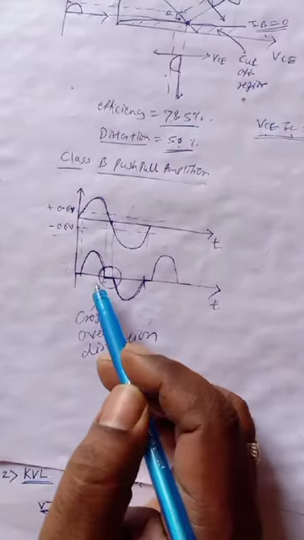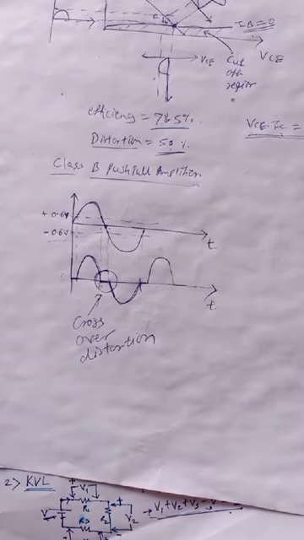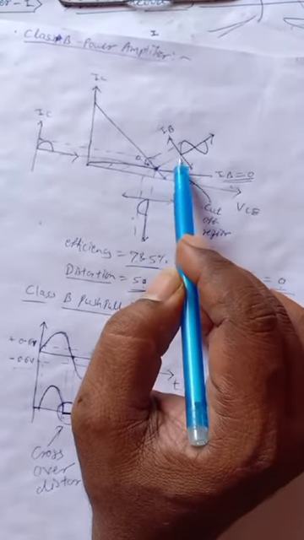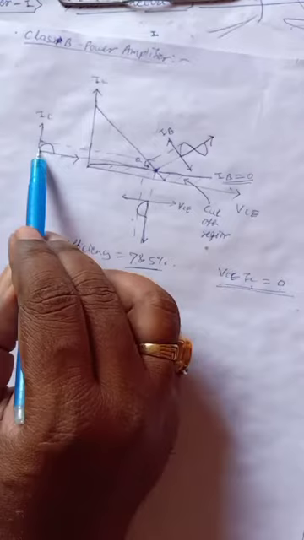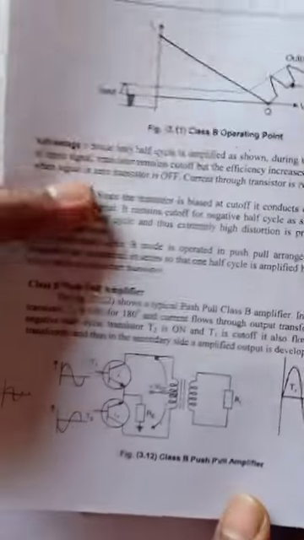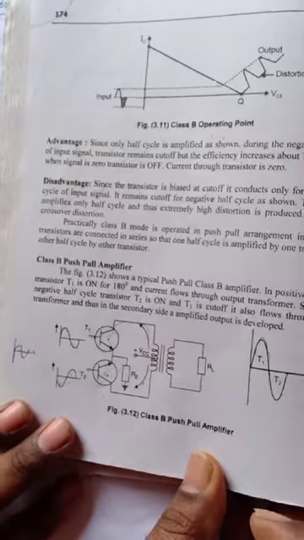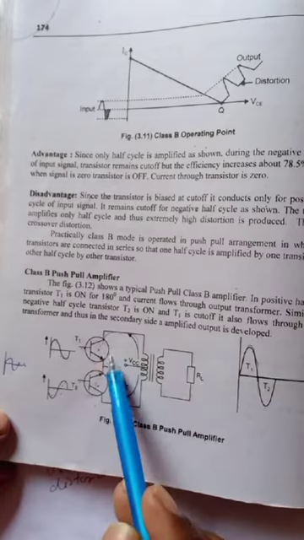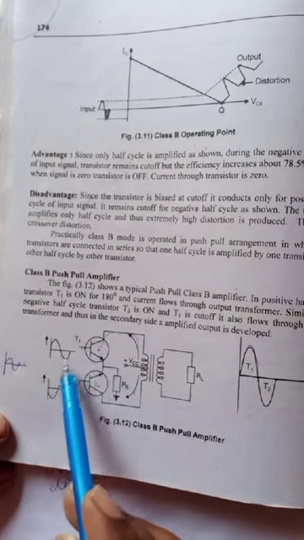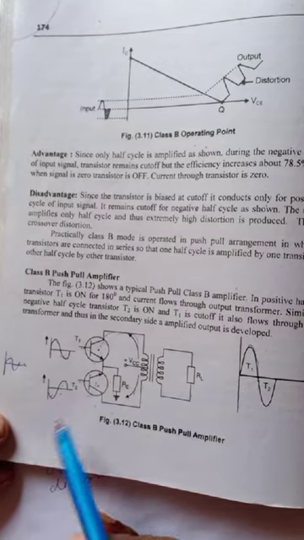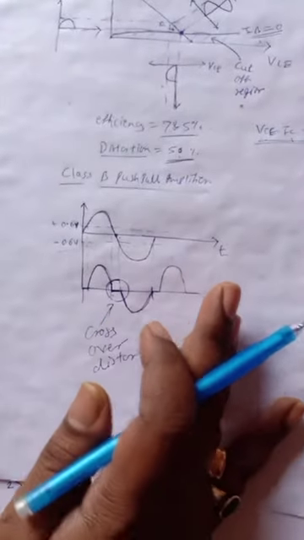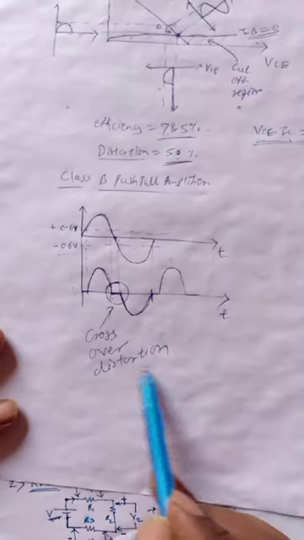Last time we saw the class B push pull amplifier, because if we use this class B power amplifier, it amplifies only positive half cycle, so it is avoided with this class B push pull amplifier. So we use two transistors and the input is applied to the base of the transistor in the inverted form, so that we get a maximum amplification, full cycle amplification. But this class B push pull amplifier has a distortion that is called crossover distortion.